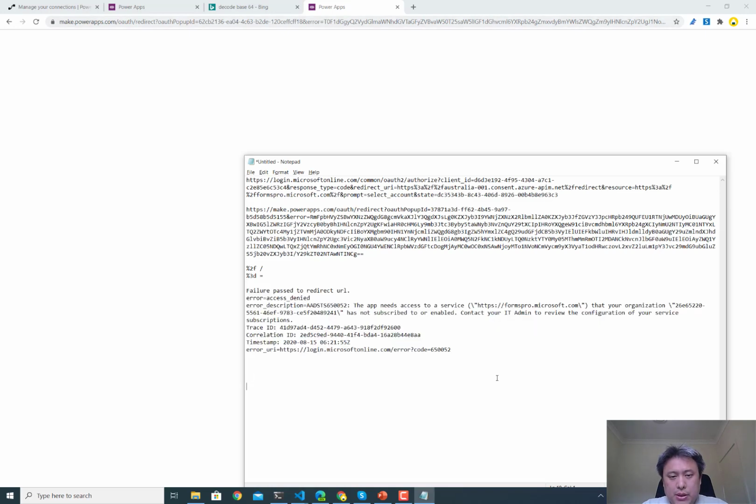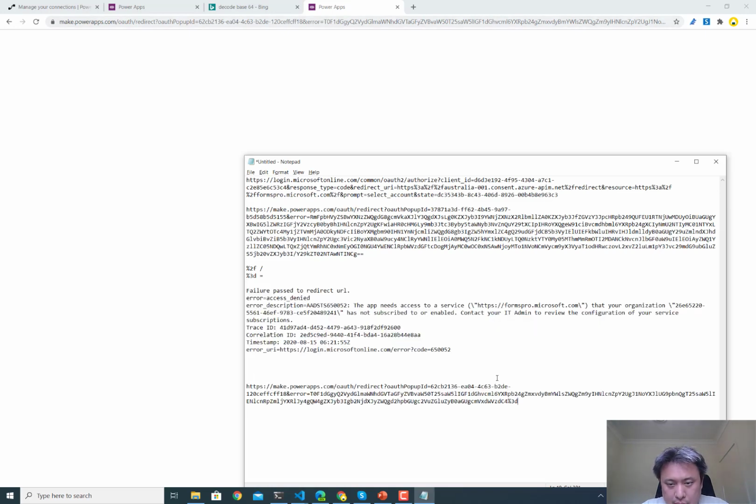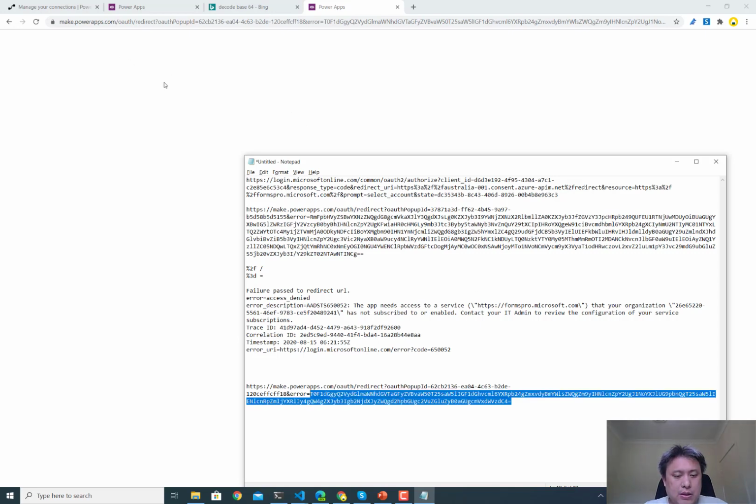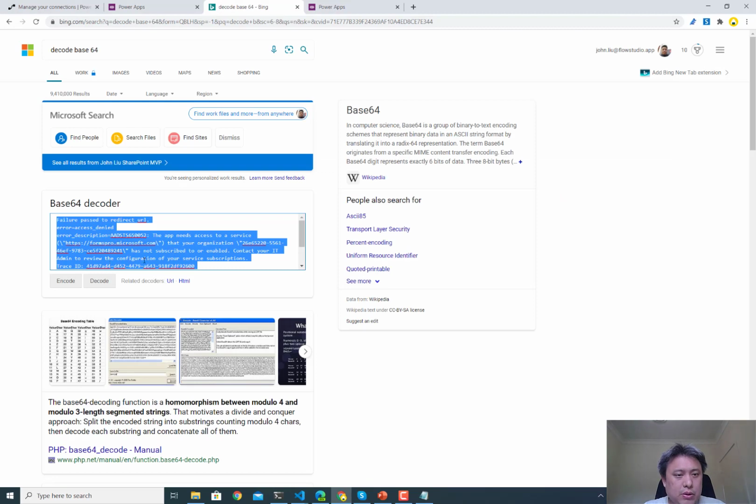And if we have a look at what this error is, and one padding. So if we check this error in base 64 decode,